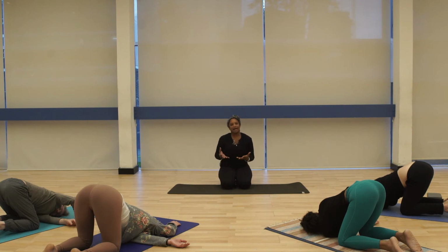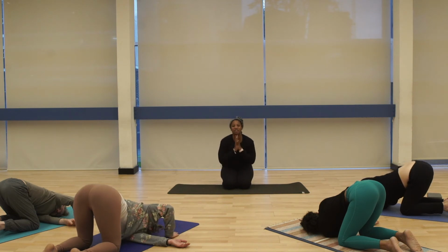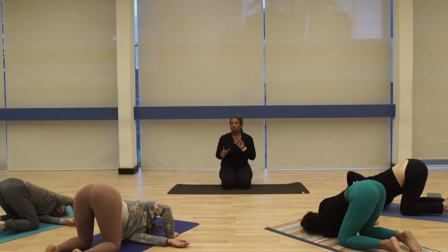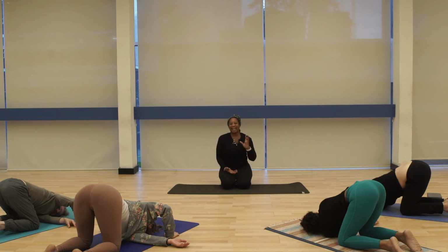Now this side always happens a lot more quickly, even if it really doesn't, because you know where you can go, you know the different iterations, you know what you can do for yourself. So we're working asymmetrically, so this side will be different. And in this sort of practice, it doesn't matter what it looks like. It just matters what it feels like and how comfortable you are, and that you remain